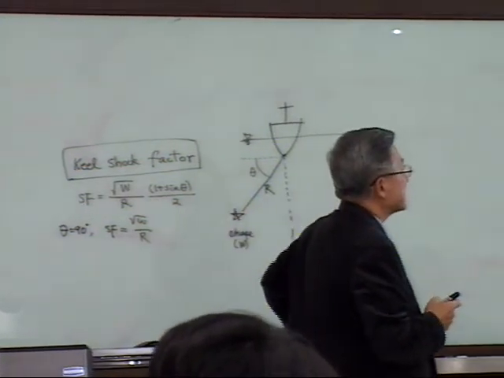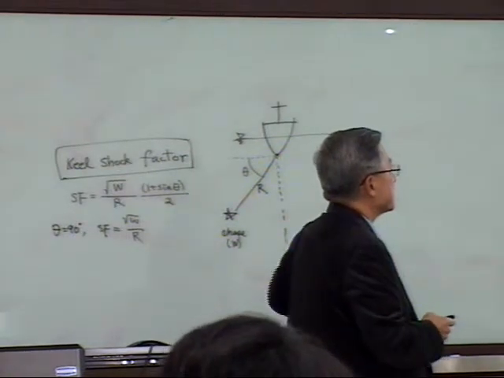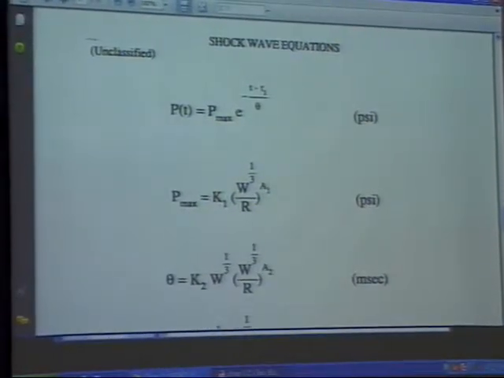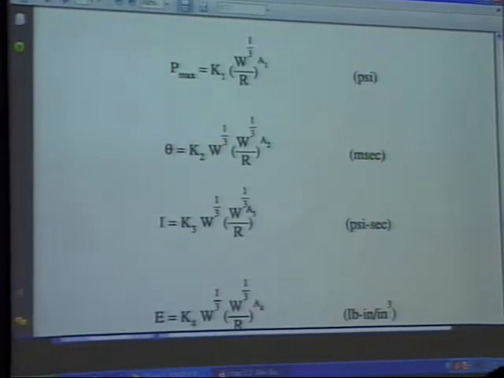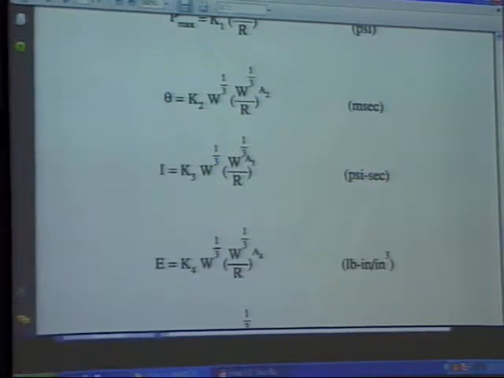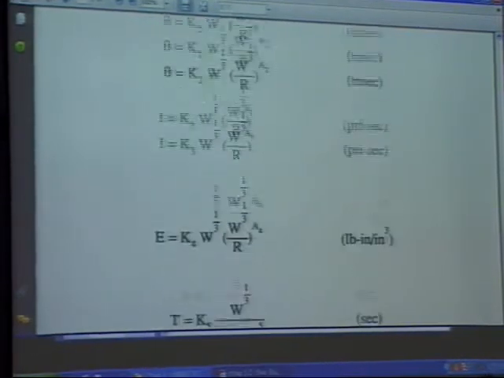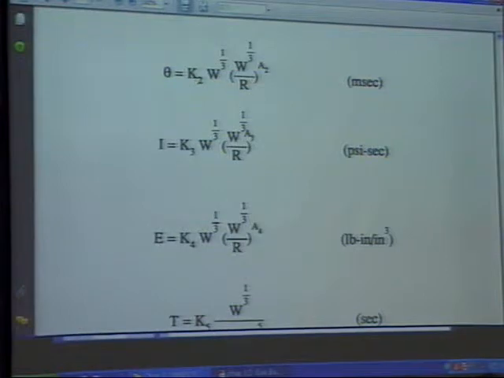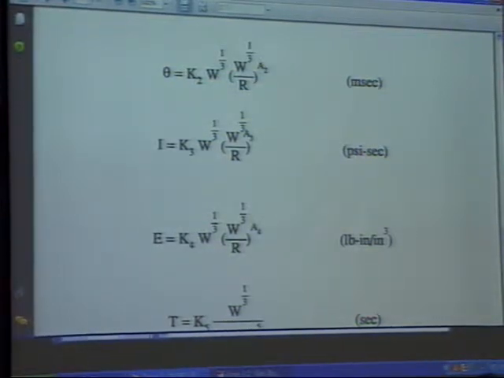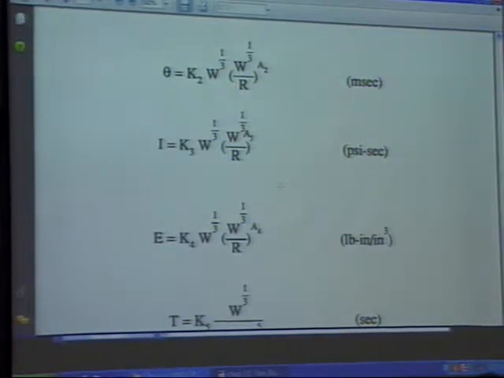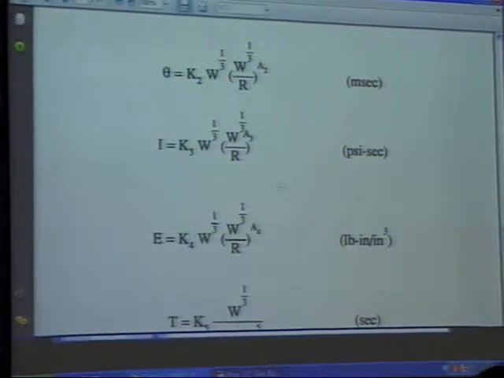Not only P, there's W here, theta W here, all the empirical equations, I impulse there, E energy there, T is there, associated with these K and A factors. All the equations. One thing I was confused about, I want to ask you